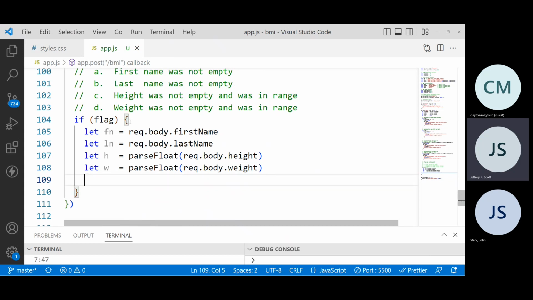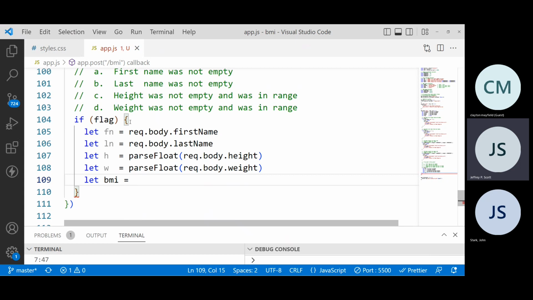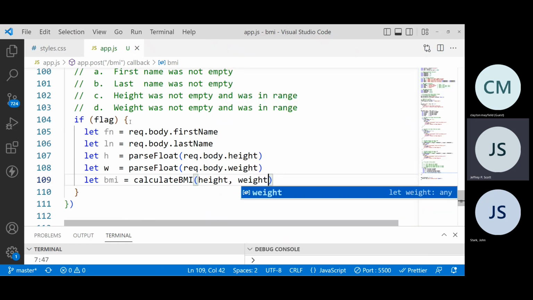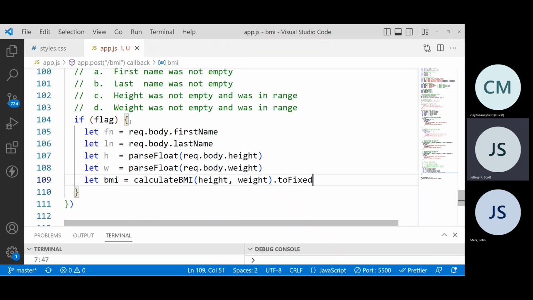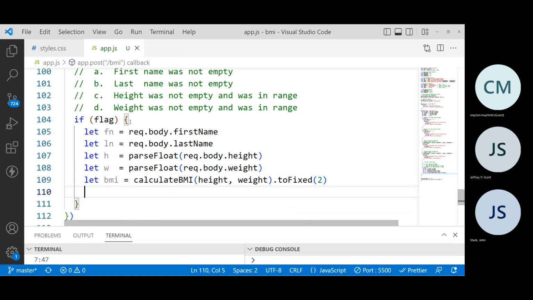So what's left? How about the BMI? So we're going to write another function for that in a minute, but let BMI equal, and I just called it calculateBMI. And in order to do that, the BMI is going to need the height and it's going to need the weight. And it'll give me some god-awful number with tons of decimal places. So when it returns, I'm going to do a .toFixed to 2 decimal places on it. It's like that. All right. And then finally,